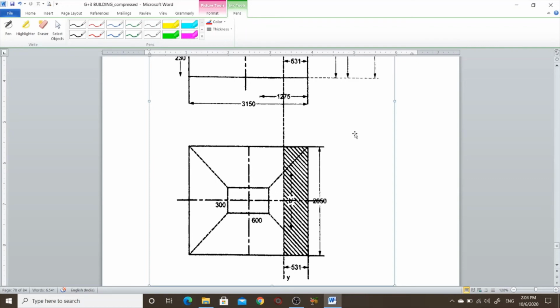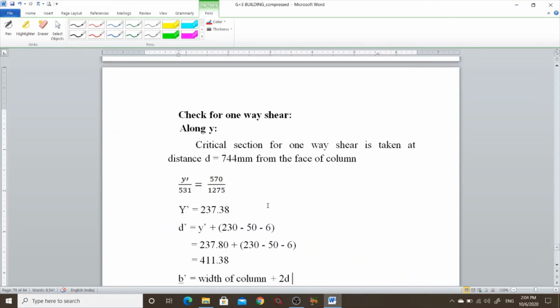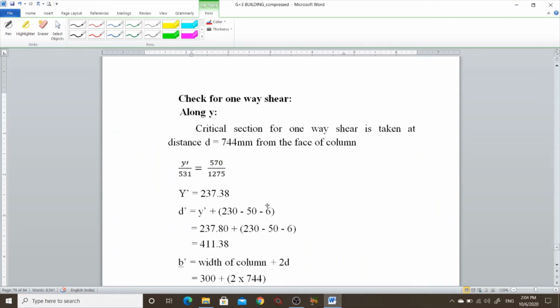And right now we are going to check for the one-way shear. For the one-way shear, we assume the critical section at depth 744 mm from the face of the column. Y dash divided by 531, 570 divided by 1275.